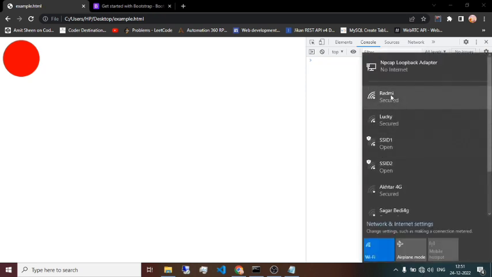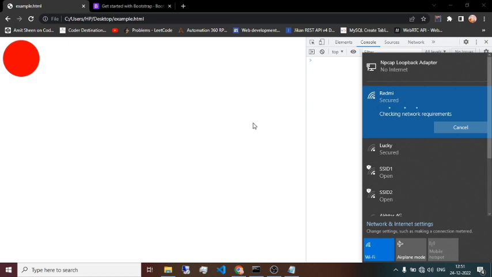So I reconnected it again, and here the network got connected, and as you can see here the dot got yellow again. So using this technique you can tell your user which kind of network speed the user has. So let me tell you one more thing in this. Today I told you that using this you can tell your user what kind of network speed he is using, whether it is good, low,